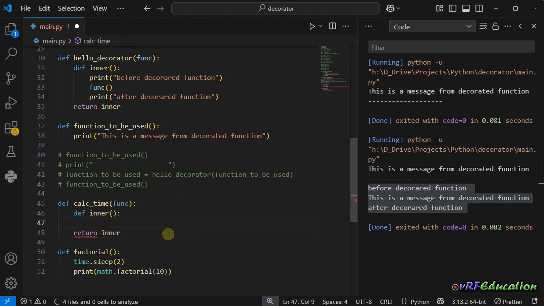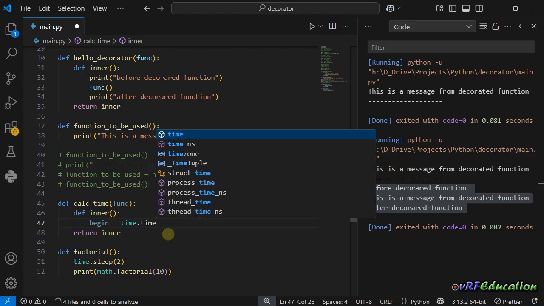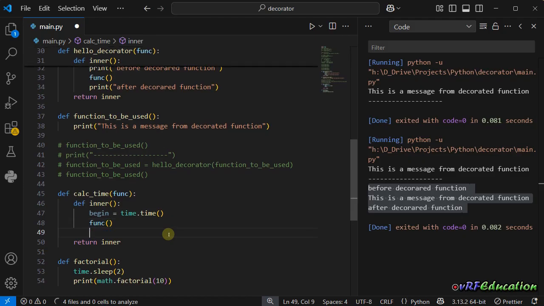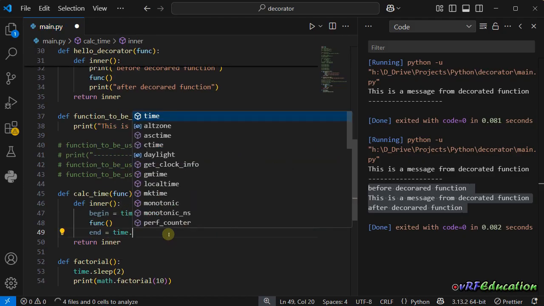So here, first I'm gonna use a variable to save begin equal to time dot time. Save the output of the time method inside begin. Call the function that we passed to the calc time decorator or calc time function. It's a function. And then I'm going to use end equal to time dot time